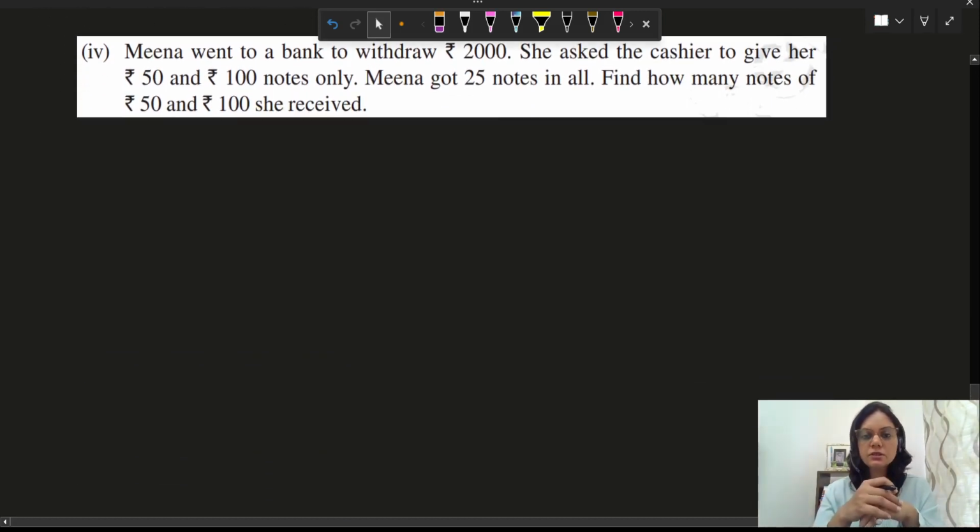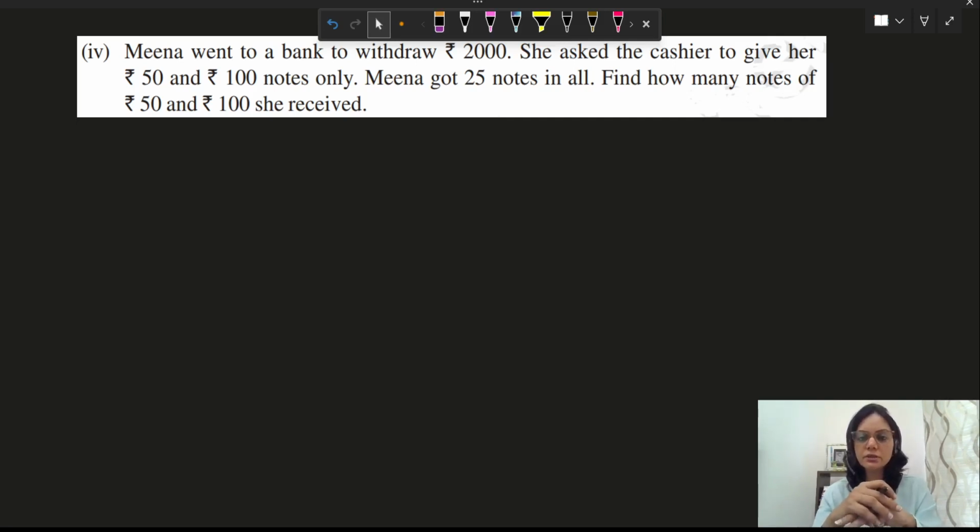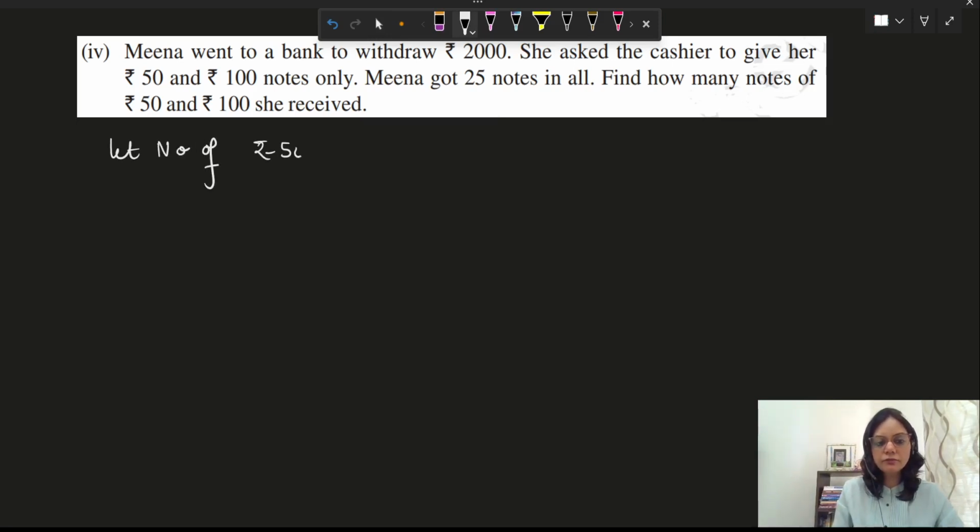Next question says, Meena went to a bank to withdraw rupees 2000. She asked the cashier to give her 50 rupee notes or 100 rupee notes only. She got total 25 notes in all. Find out how many notes of rupees 50 and rupees 100 she received. Okay. So again, you have to frame the equation using two variables. So let the number of rupees 50 notes be